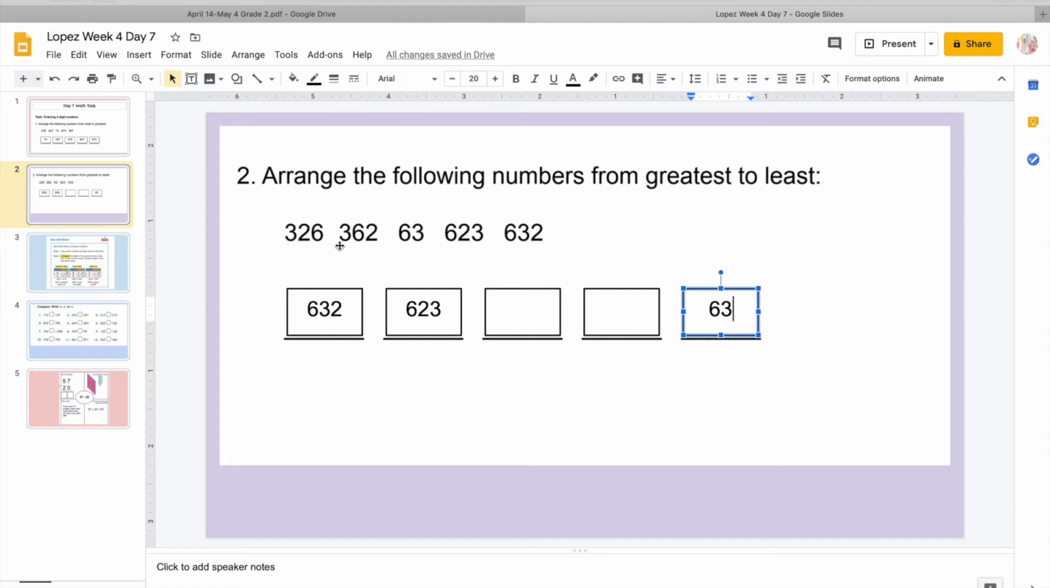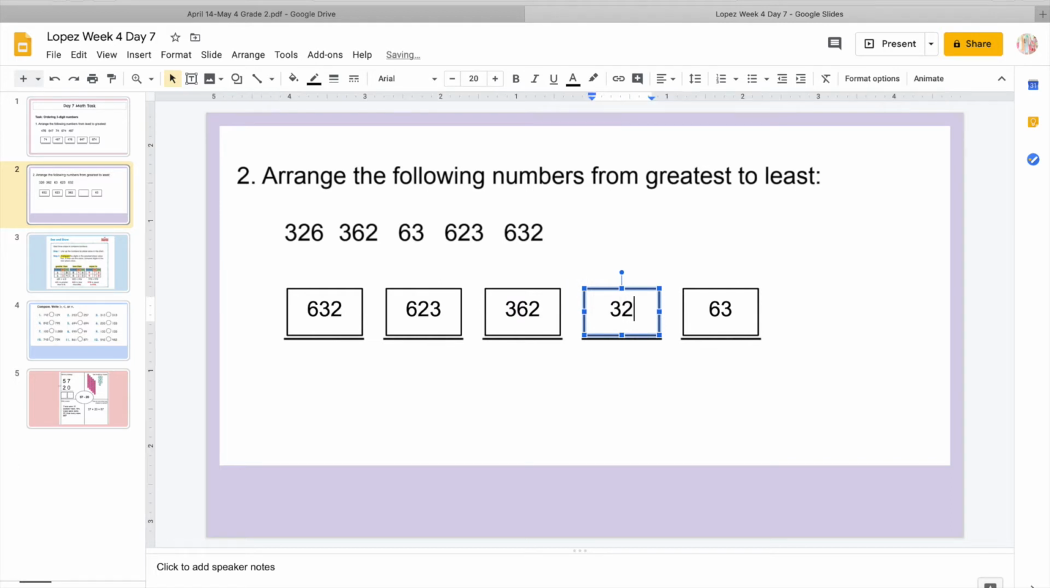Again, both of them have a 3 in the hundreds column, so that value is the same there. We are going to focus on the tens. Here we have a 2 and we have a 6. And again, we're going from greatest to least, so we're looking for the one that has the biggest value. 6 is greater than 2, so we know that 362 is going to come next, which then leaves one left, which is